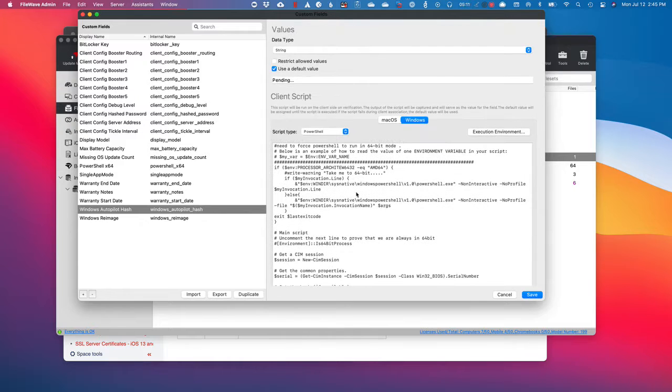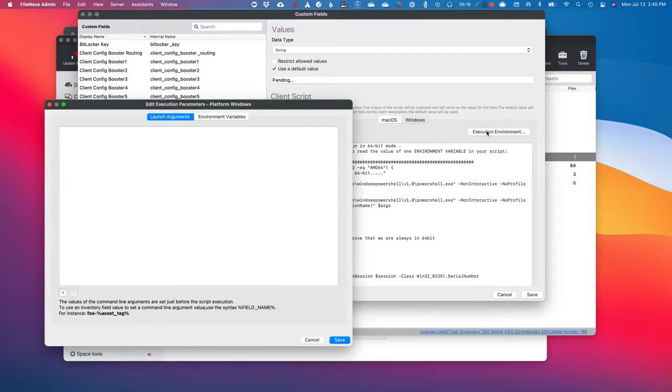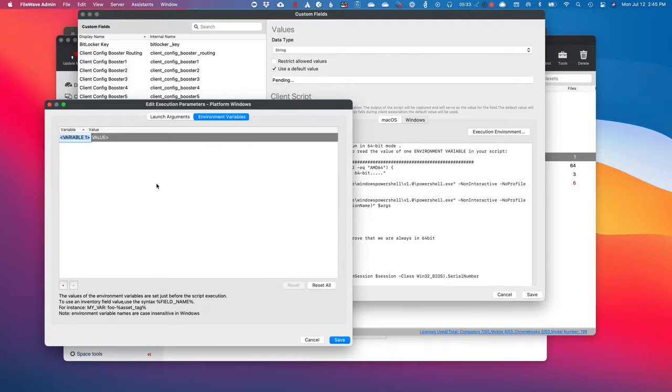Now I'm not using any of these in this particular script, but I want to show you that execution environment is right here. And I could create one or more launch arguments. So I could say, %device ID if I wanted, or some other launch argument. I could create, token,